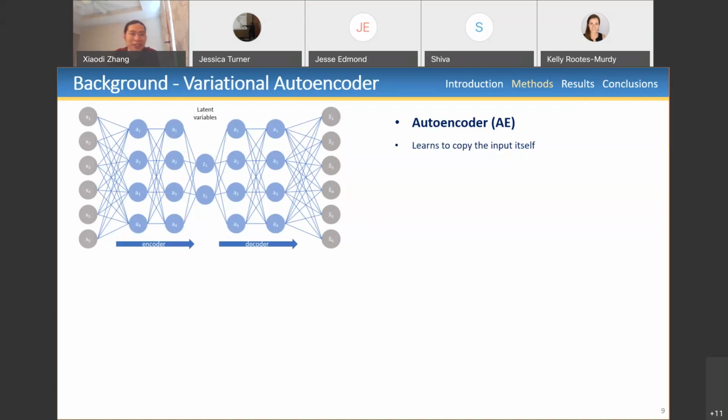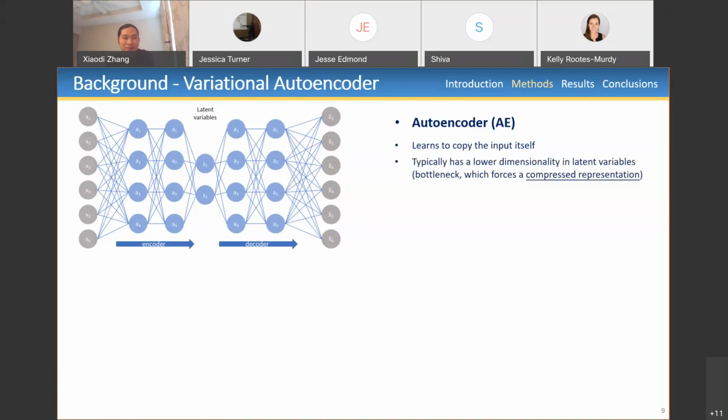It might sound trivial, but you typically enforce a low dimensionality in the latent layer in the middle, so that you artificially create a bottleneck. And when the data tries to pass through this bottleneck, you're essentially forcing the network to learn the most important